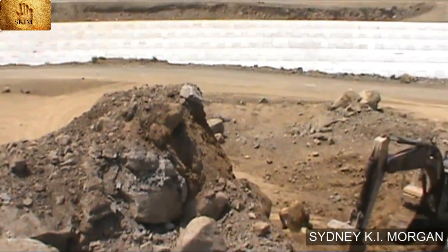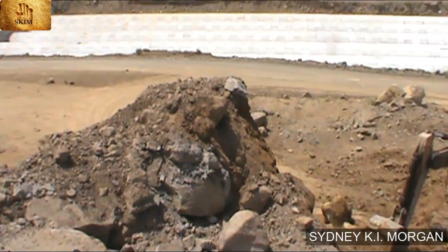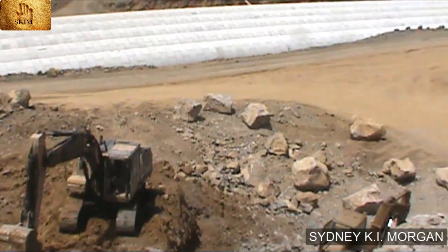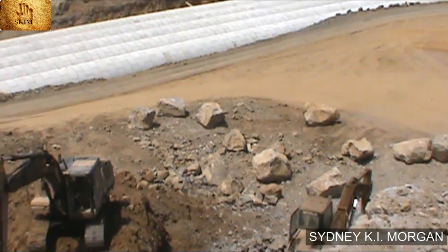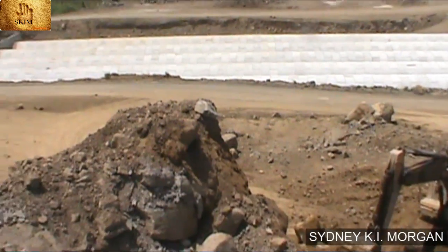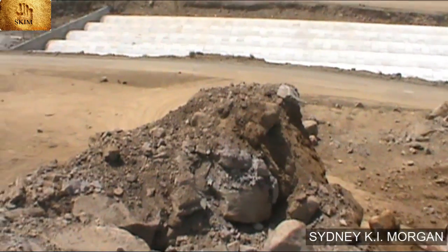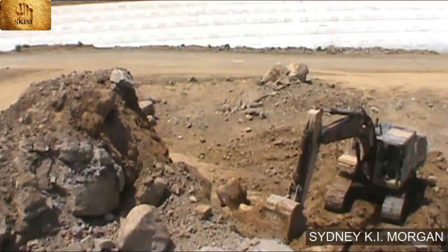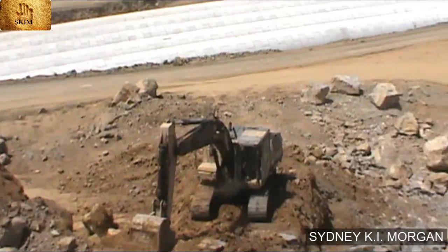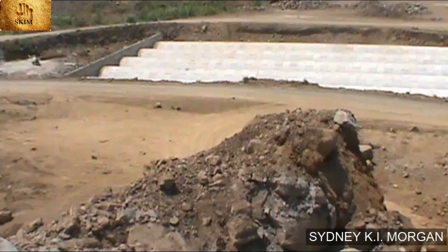Last week we were here on the northern end of the Petroglyph Hill, and remember I showed you where they had drilled some holes and they had them covered with pieces of cardboard held down with a stone. Well, the blasting has been done here over the past week, and now they are removing the rubble, the stone and the dirt that came down in the blasting on this section of the Petroglyph Hill, the section overlooking